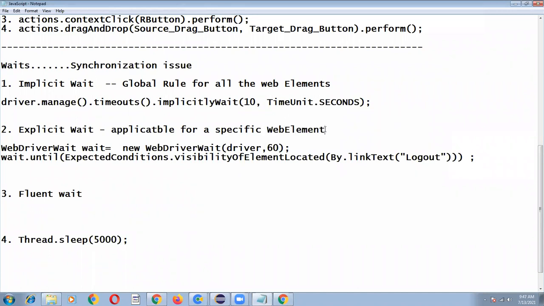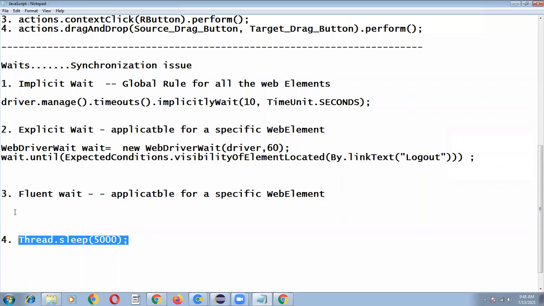Same thing: wherever it is taking more than the default implicit wait time, such web elements we handle by using either explicit wait or fluent wait. And the last one is thread.sleep. So how many types of waits are available in Selenium? You have to say implicit, explicit, and fluent wait. One more similar concept is thread.sleep.